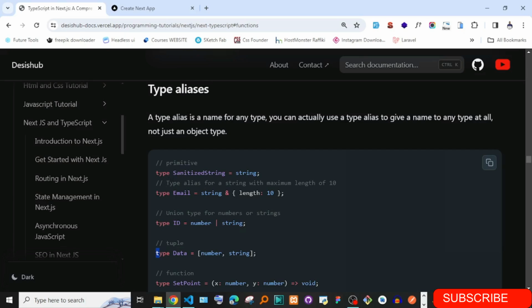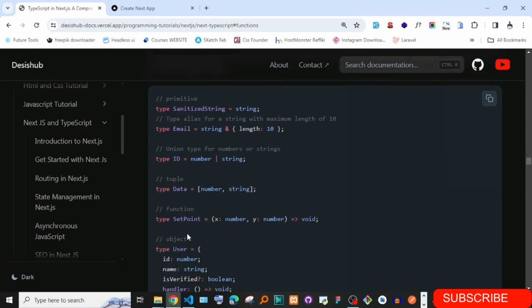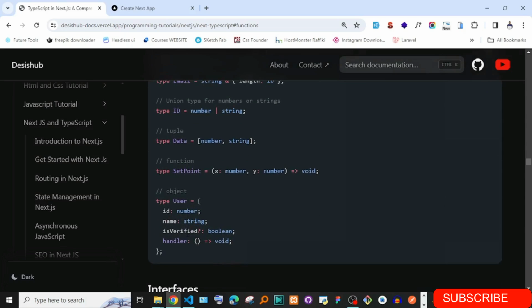For instance, type, then you give it a name, and then you define what is going to be stored in that type. For instance, in this case, a string. In this one is email, and in some cases it's going to have a length of 10. So tuple, but the most common use we're going to see is that we normally use it for objects. Because for small cases like these, we use the built-in types.